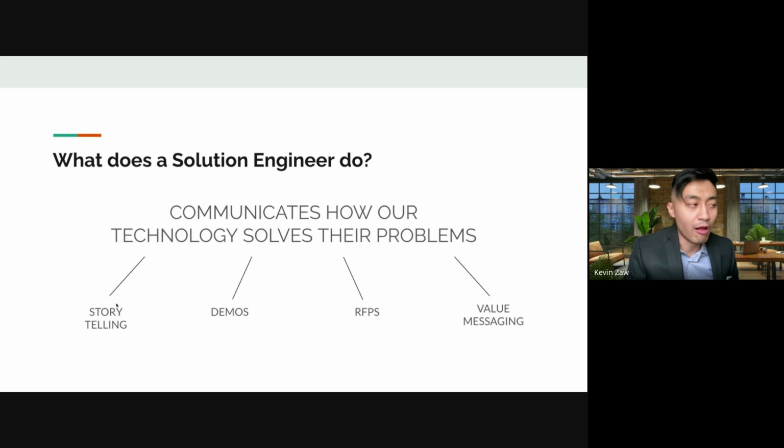Storytelling is also a very powerful tool as far as how solution engineers communicate that their technology can solve customer problems. I'll give you an example. One of my previous managers told me a story about how he was selling commerce technology. Think about commerce as being the ability to create websites to sell products on, kind of like Shopify. So he was about to do a demo to a customer that was looking for a commerce technology,